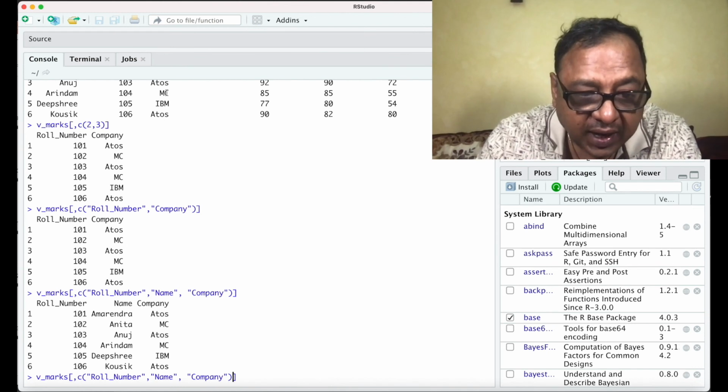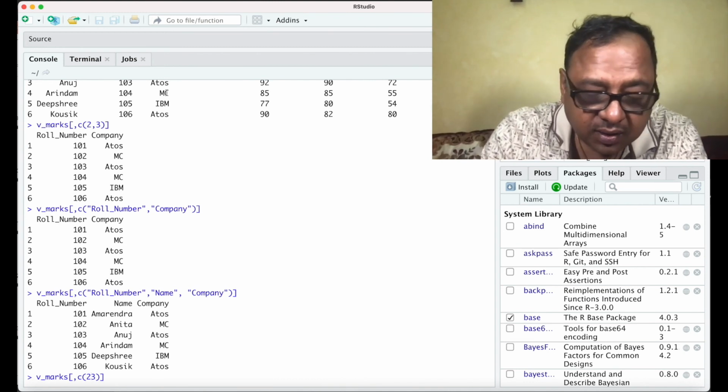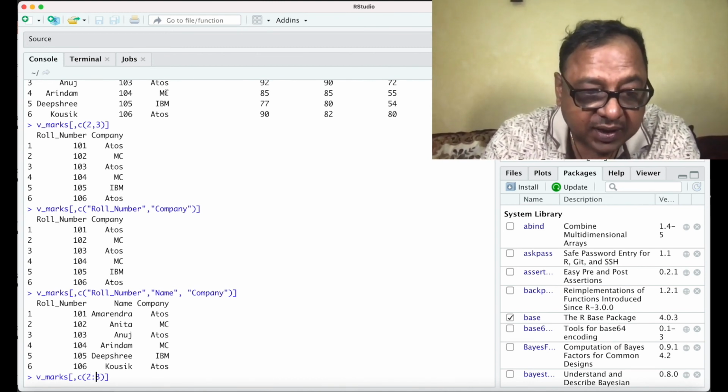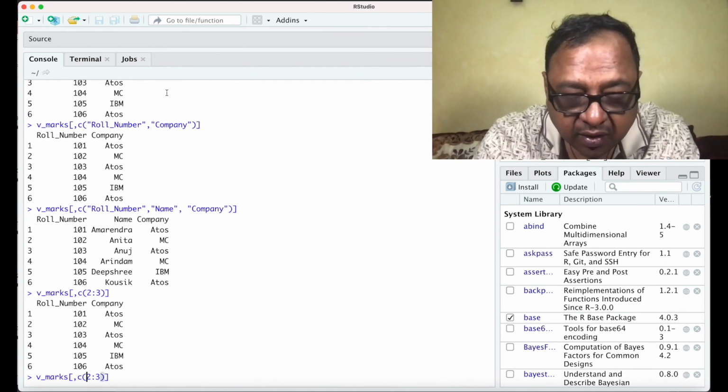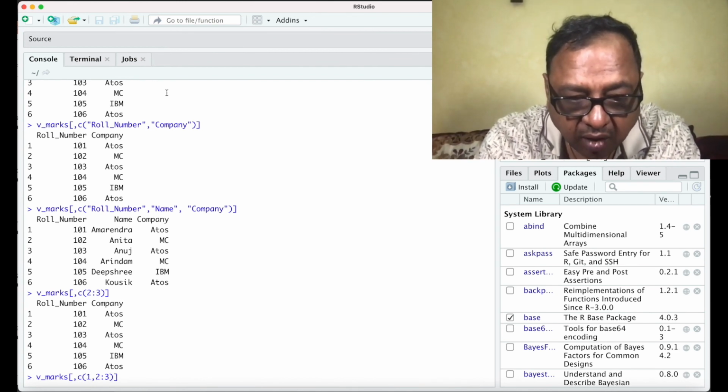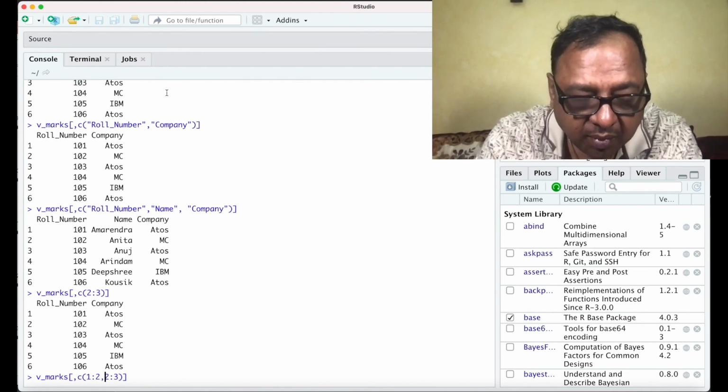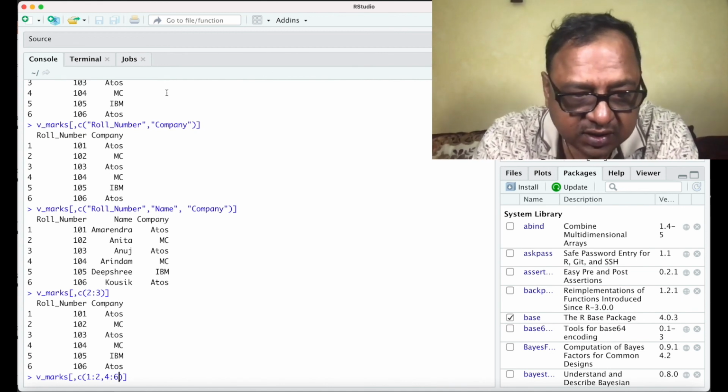Now, just like we did for rows, I could give something like this 2 colon 3, so it gives me the same result. I could mix this also. I could say 1 comma 1 colon 2 comma 4 colon 6.